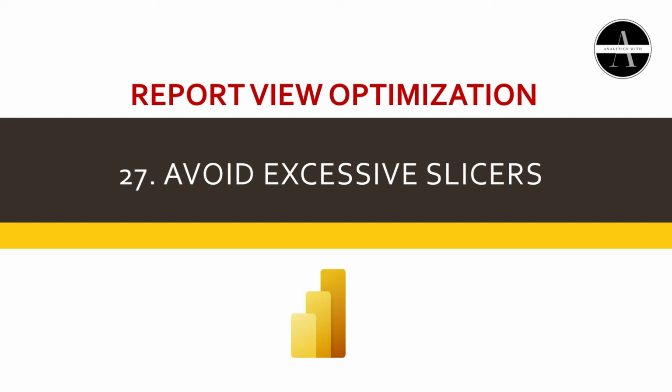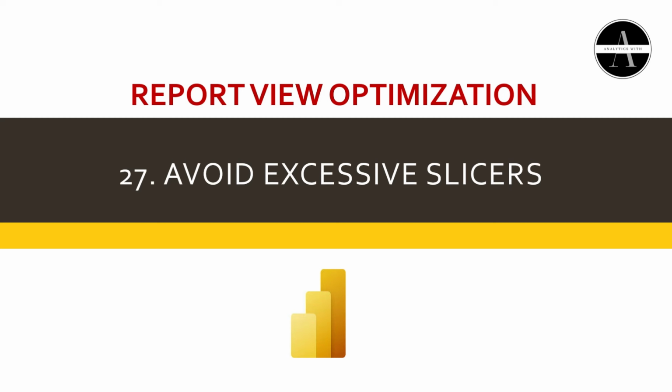Point number 30. Remove unnecessary visual interactions. By default, Power BI enables interaction between all visuals on a report page. While this can be helpful for cross-filtering, it also consumes a lot of resources and slows down the performance. If you don't need this interaction, it's best to turn it off. You can easily disable unnecessary visual interactions in Power BI Desktop, which will lighten the load and improve the rendering